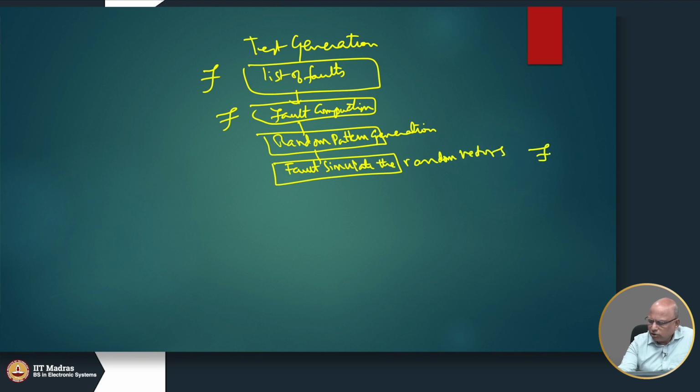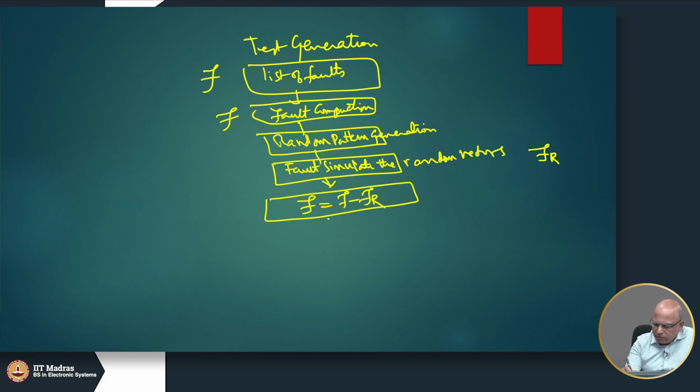And let us say FR is a list of faults that they generate, right. So, we can go and remove all those faults that are caught by the random vectors,